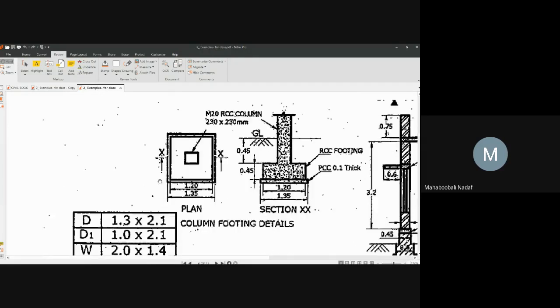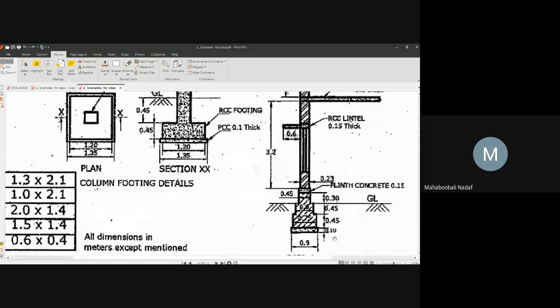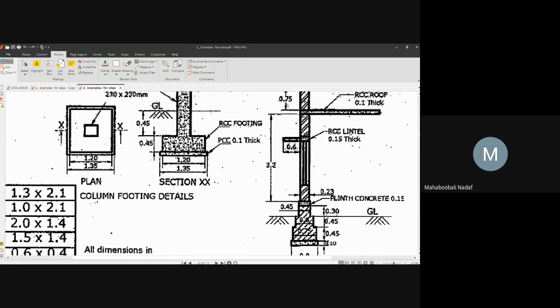Here, column excavation is there. Above that, PCC is there. Above that, column is there. But for other things, wherever wall is there, they have given like this. So excavation quantity, not only for normal wall footing, you need to do for this column also. When you come to PCC, you need to do it for this footing also, and for this much columns also. RCC, PCC, everything, wherever the quantities are there, you need to do.